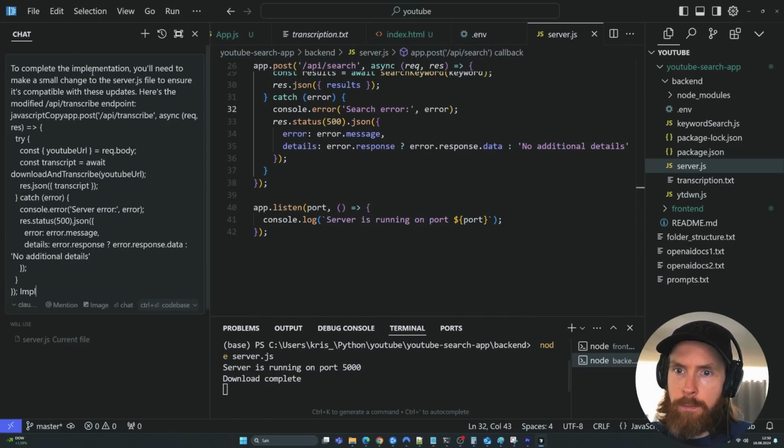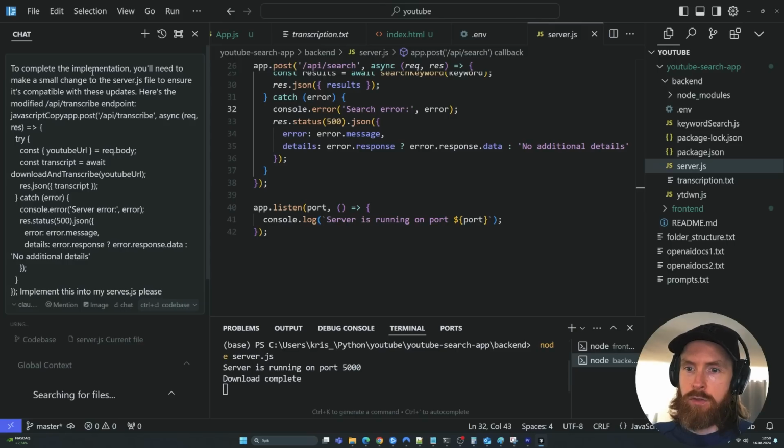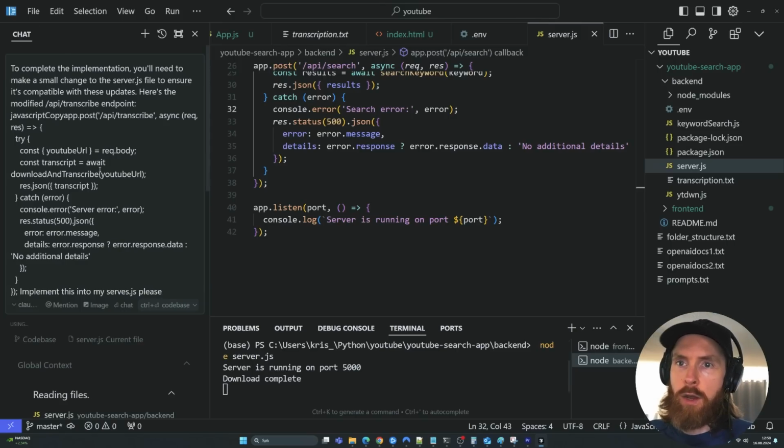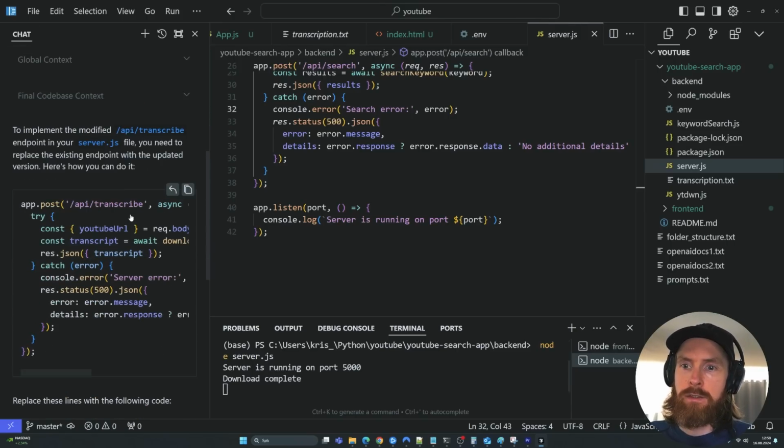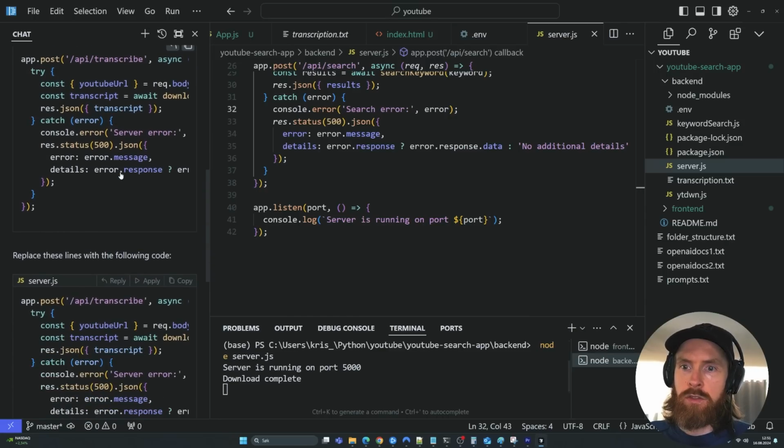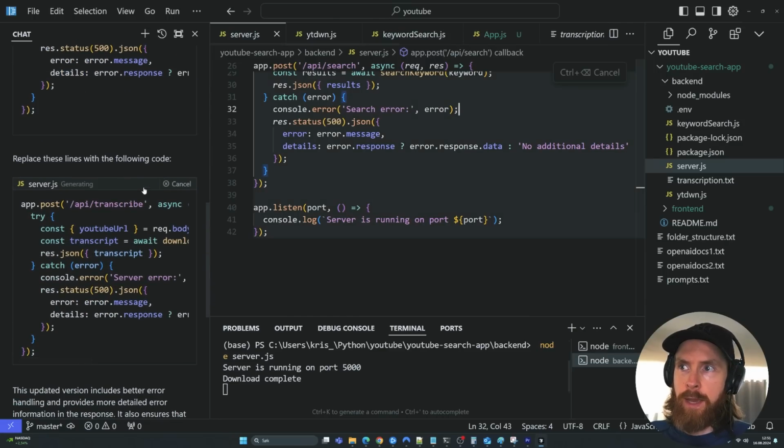And I can say, implement this into my server.js, please, and Control Enter to take a look at our codebase. And hopefully now we will get a quick change and we can implement this super easily into our code. So let's click on apply,